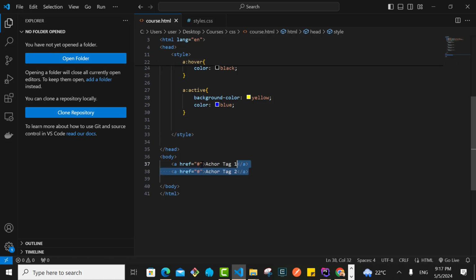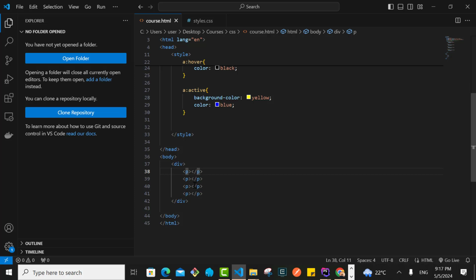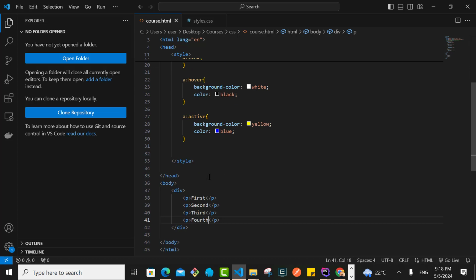So let me give you an example here. Let us say we have a div here and we have paragraphs inside. Let us say we have 4 paragraphs. I'll say first, second, third, and this is fourth. All right. So if I want, for example, to style the first paragraph inside this div specifically, what I can